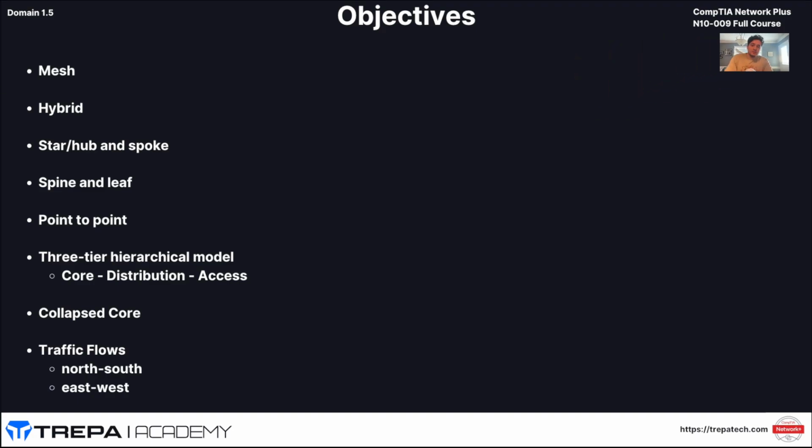So here are our objectives. We're going to be going over, again, network architecture: a mesh, star and hub and spoke, spine and leaf, point to point. Then we'll go over our campus networks, which is our traditional 3-tier topology, and how we collapse that. And last, we're going to talk about traffic flows, which becomes very important in today's day and age